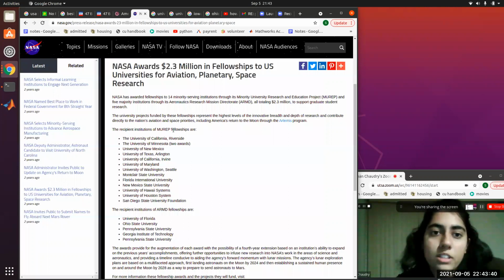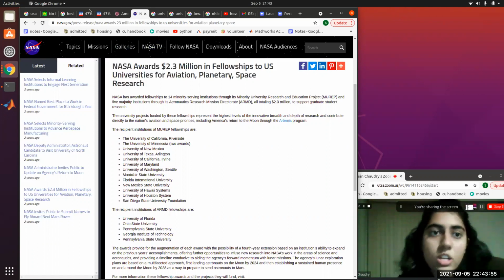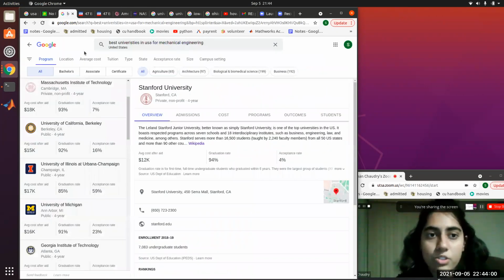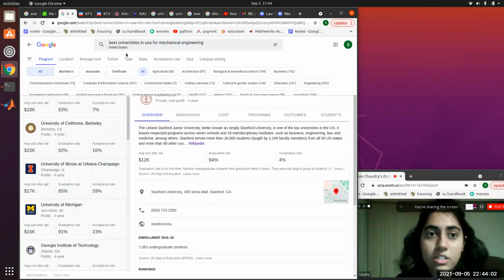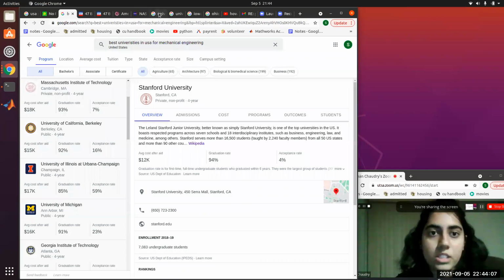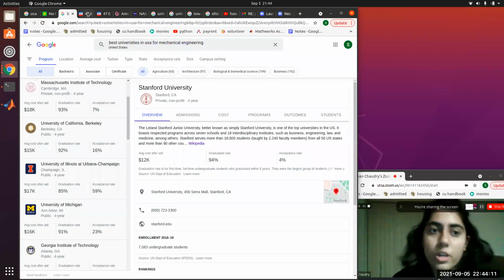Then we looked at the NASA grants. This is for engineering and sciences, if you're majoring in that. These are the list of schools. You can look at individual schools and see which one has the most funding, acceptance rates, etc. But these are just additional if you want to do more research. You're more than welcome to look at these websites. But again, the only resource I would suggest is Google search for looking at the acceptance rate and universities. Once you know what university you want to go to,